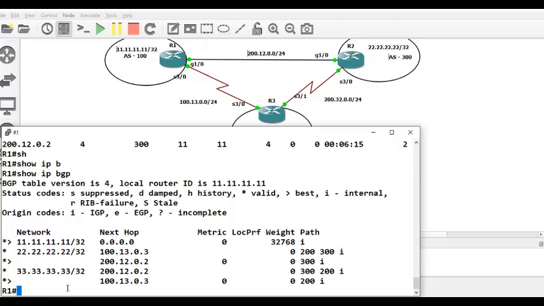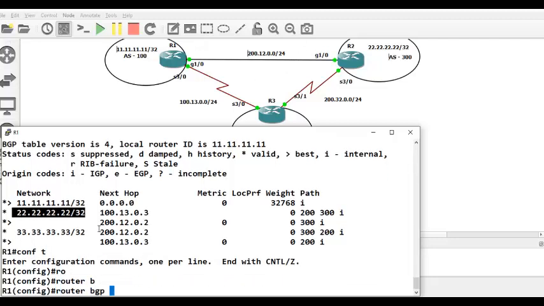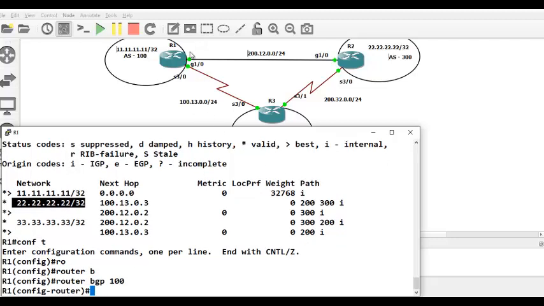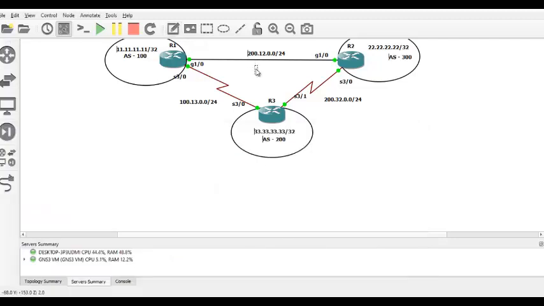But it says for 22, I'm going via autonomous system. Oh, I made a mistake. We should not run BGP here. Let me remove that BGP. Router BGP backdoor will be applicable only if you have